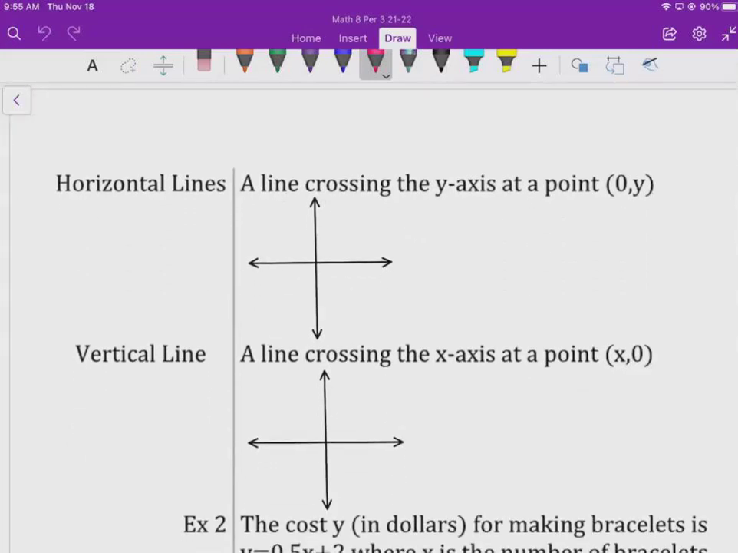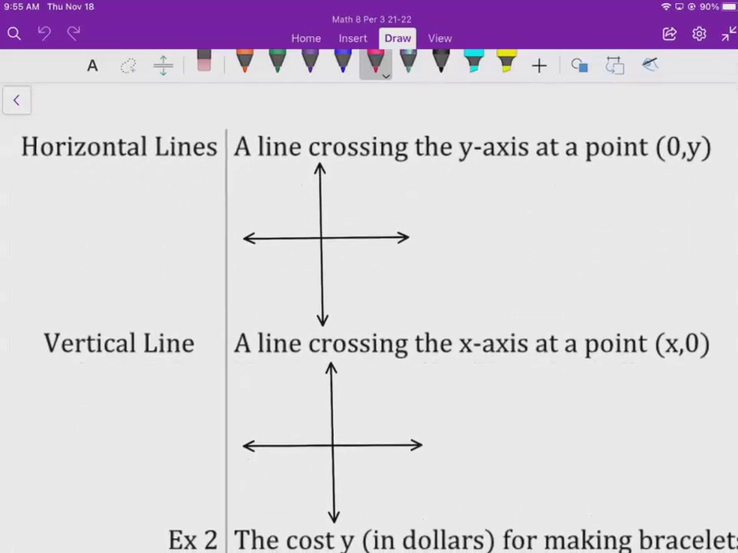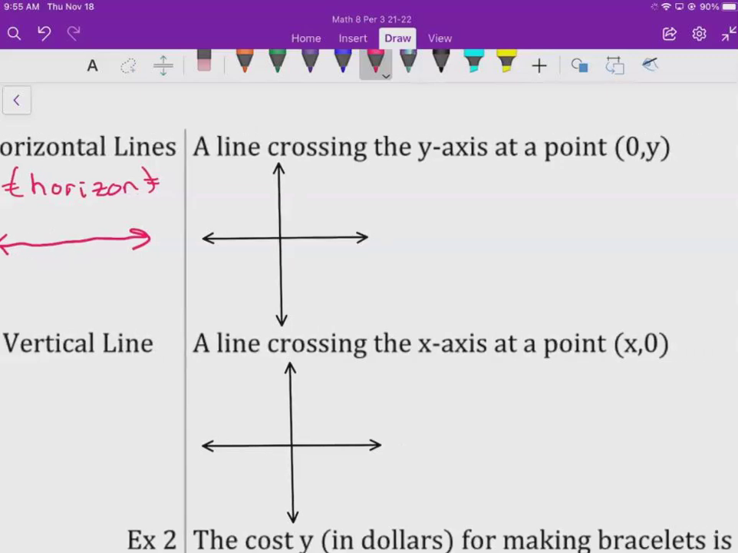Okay, these two concepts right here are two that kids mix up all the time. So I want you to pay attention. We've got horizontal lines that go this way. So it's horizon, just like looking out at the horizon. It's a line that way. So it says a line crossing the y-axis at point 0, y. So here's my x, here's my y. Okay. So the example of y equals 3,